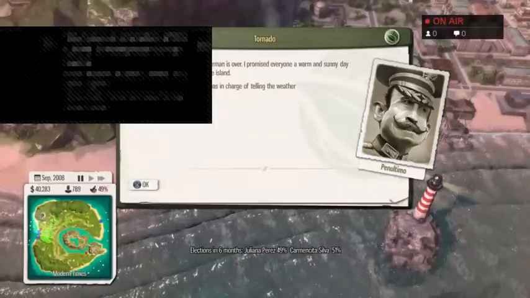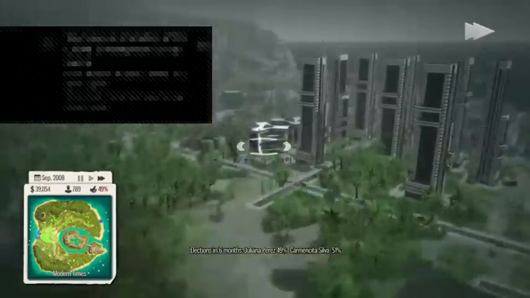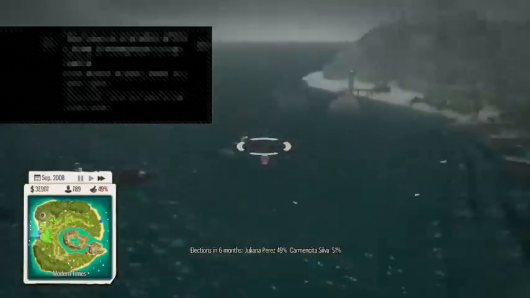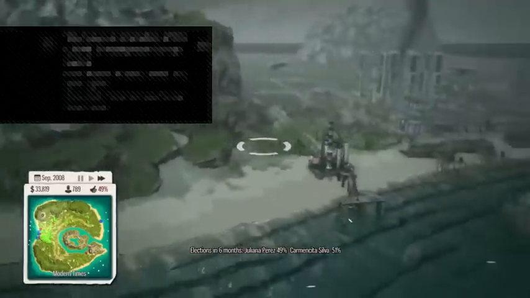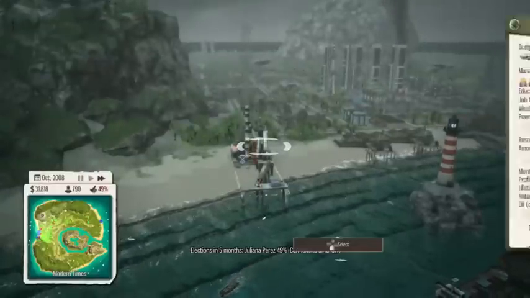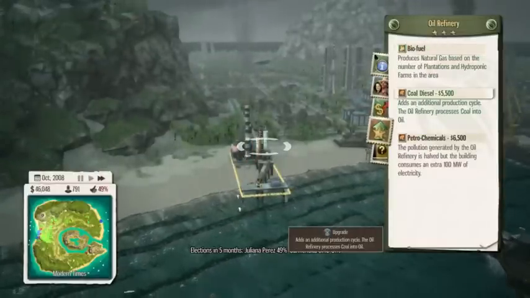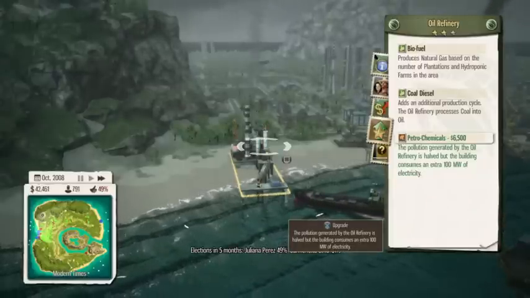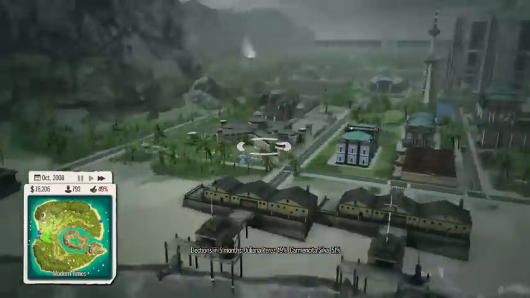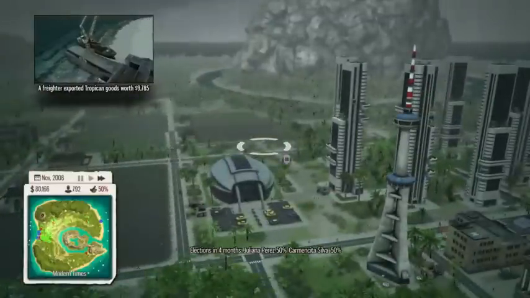Okay, sorry. Oh, now we have a tornado. That's not a good thing to happen before elections, but I believe we can pull through. We have some cash. Okay, and the other thing, besides dealing with the tornado,